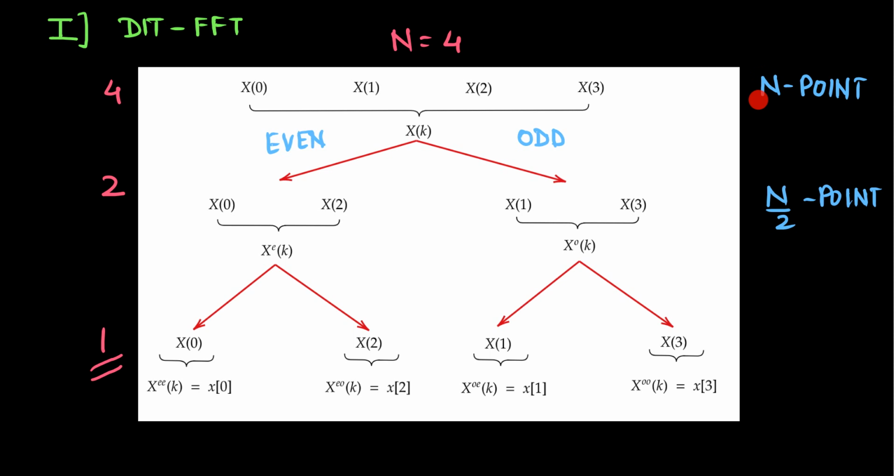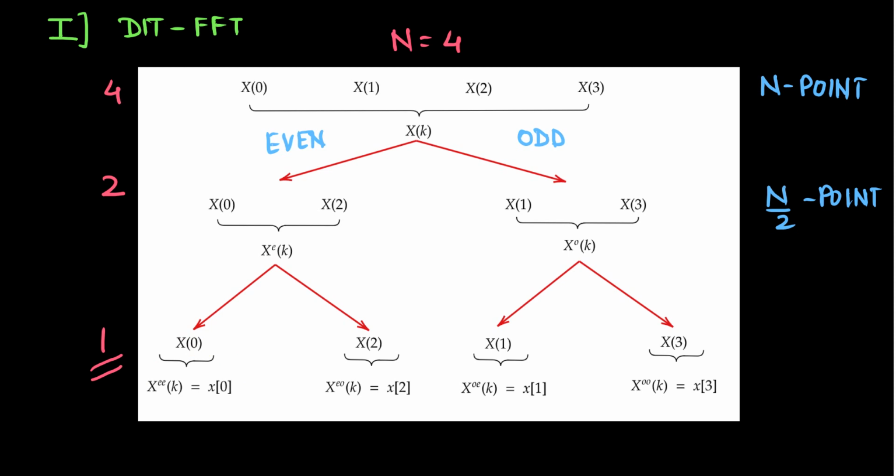So instead of calculating N point DFTs, we are going with N by 2 point DFTs. So obviously the time required for computation of this would be quite less. Similarly, if we go on splitting them further and come down to 1 point DFT, then the time required would be quite less. So what we do here, we just go on splitting them till we obtain the 1 point DFT, and we know that if we are left with a single point, then that point itself is the DFT of that point.